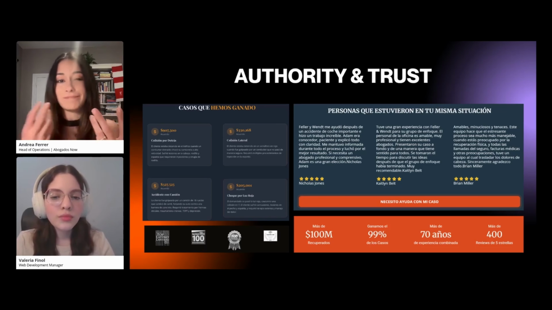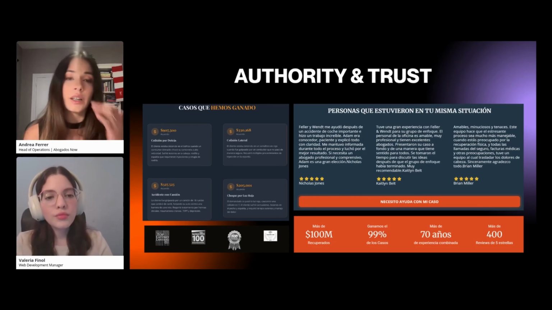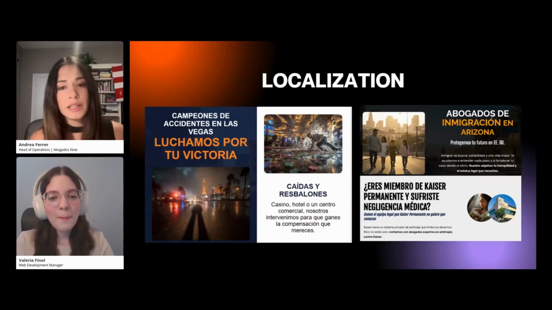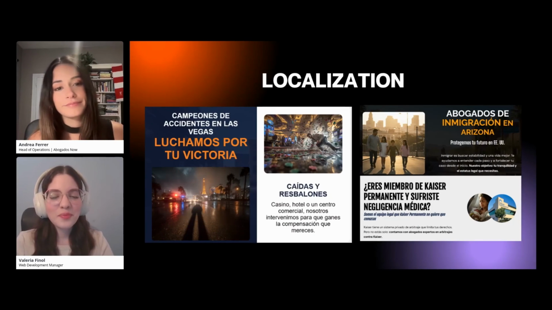The schema markup is the computer language that you need to add so the AI can more easily read it. So just make sure that you have it. Next, we also have localization. Also mentioned in all the paid advertising. I think you're starting to get how fundamental this is.